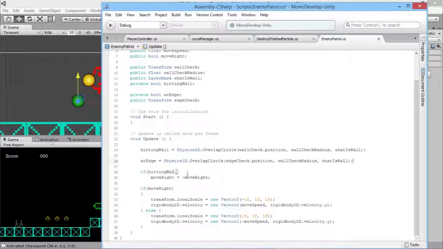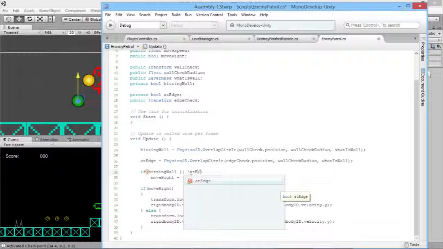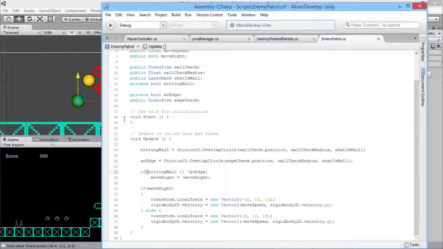And so now we want him to turn around if he gets to the edge. So this thing will return true when it detects that it's in the ground. So we don't want him to turn around when it detects true. We want him to turn around when it detects false. So in our if hitting wall check here, we're going to add these two little bars like this. That means or in C#. So we'll have hitting wall or not at edge. So now when he's either hitting the wall or else he detects that there's no edge in front of him,